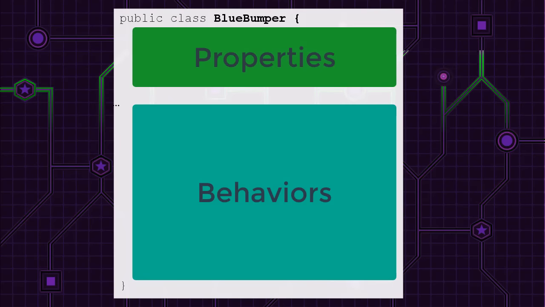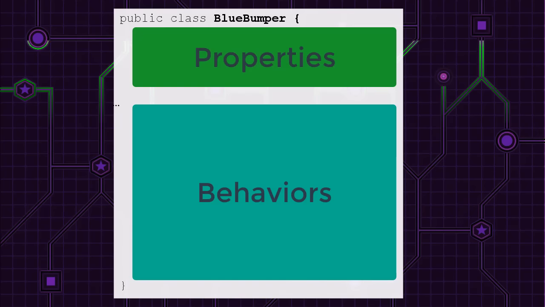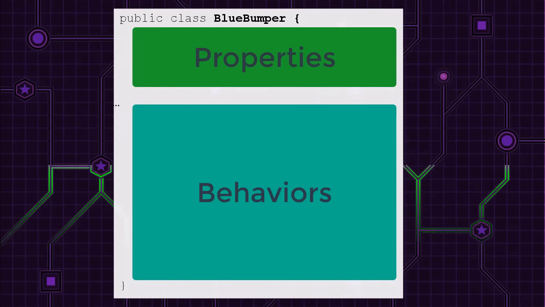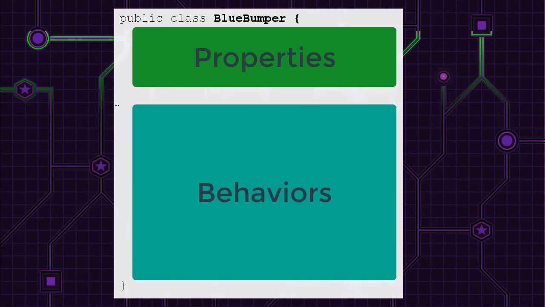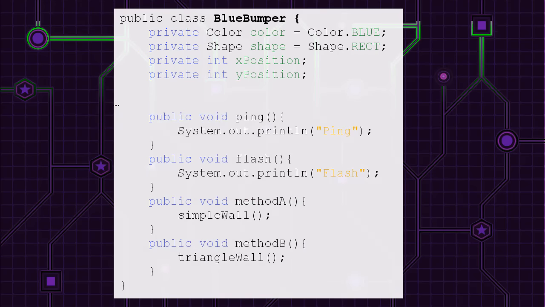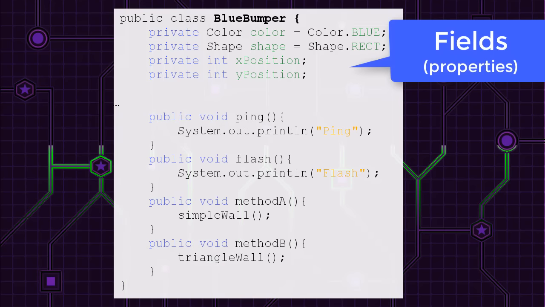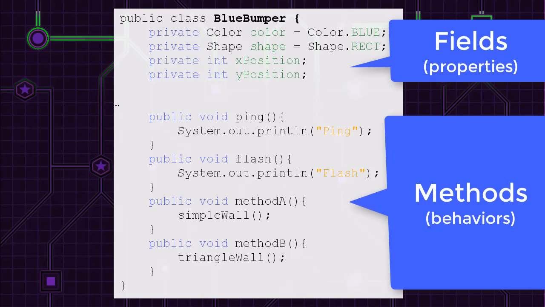If we wanted to translate our observations into Java syntax, this is what it would look like. We have what's called a class, and all this class does is it's going to outline the properties and behaviors of our object. So we have a blue bumper class. We have our component for properties and our component for behaviors. The property syntax would look a little something like this, and our behaviors would look like this. Now, in Java, the terminology that we use is properties are referred to as fields, and behaviors are referred to as methods. And the only other term worth mentioning now is called the class declaration.